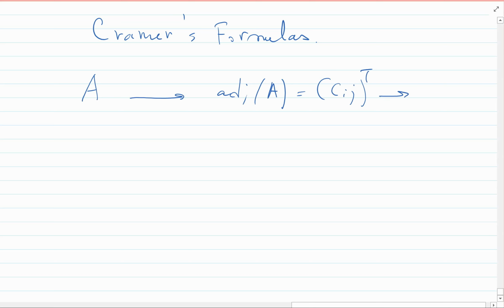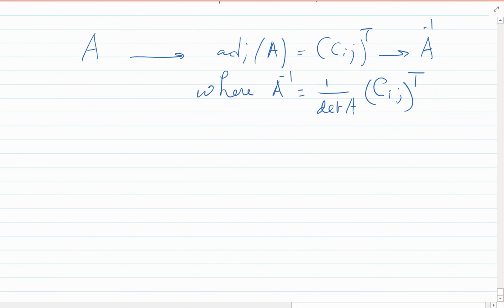And from there, we came up with A inverse, if it does exist, which is 1 over determinant times the adjoint, where A inverse is 1 over determinant of A times Cij transpose. And what's interesting is he applied this business to solving